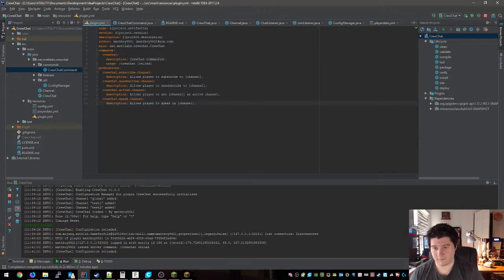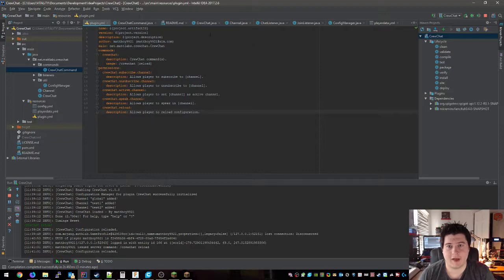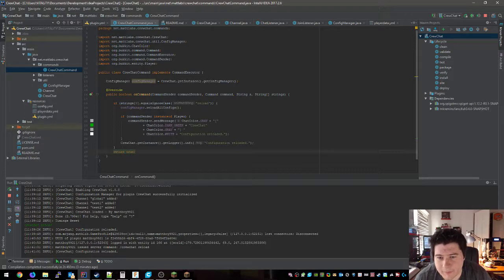So we're gonna do a new one called crew chat dot speak, crew chat dot reload, description: allows player to reload configuration, and then in here